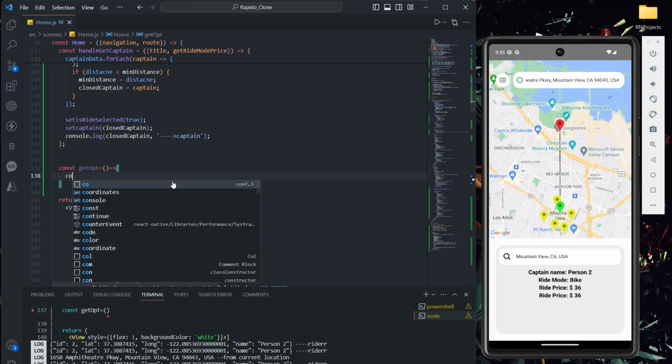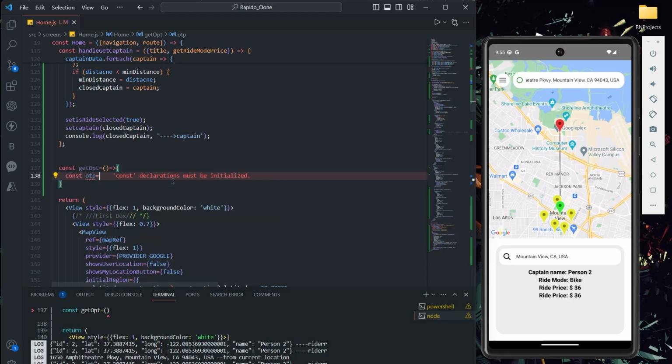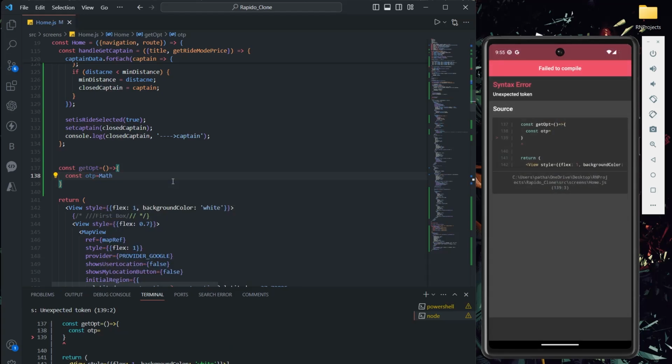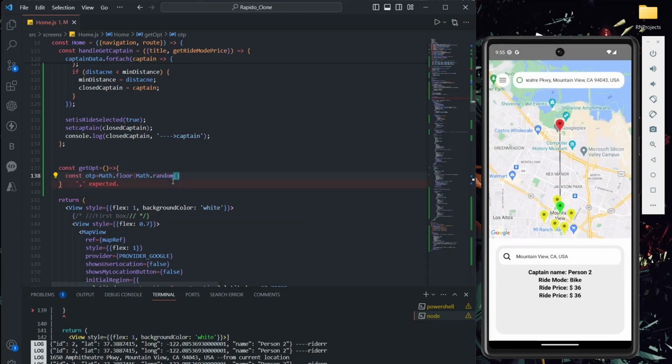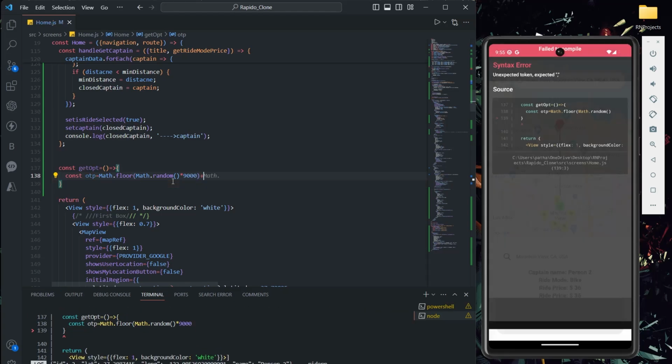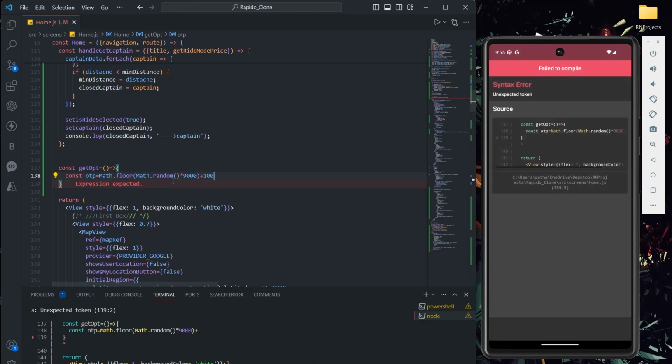So I'll say const OTP equals to, I'll use this inbuilt method Math.floor, Math.random times, I want 4 digits, so I'll say 9000 plus 1000.